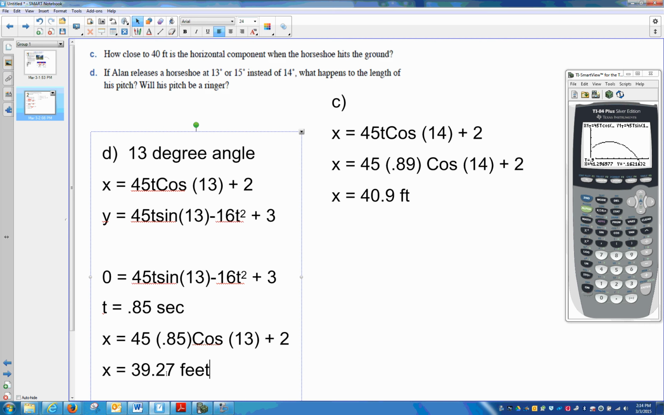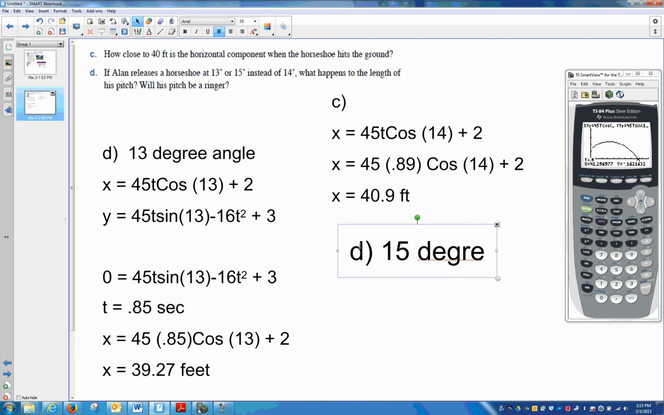I believe the same fit, so maybe a ringer slides in there. Hopefully this will help you with the next few problems. Finish up the part D here, figuring out what happens if it's a 15 degree